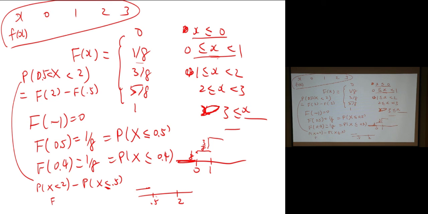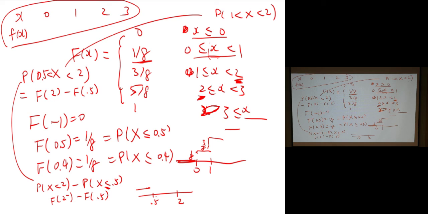So, is this F2? No. F2 is x less or equal to 2, so it's a number slightly less than 2. Then minus F.5. F.5 is here, so it's 1x. F2 minus is not here, it is here. So therefore it's 3x. So it's 3x minus 1x. So if I ask this question, it may be easier, but if I ask this question, then